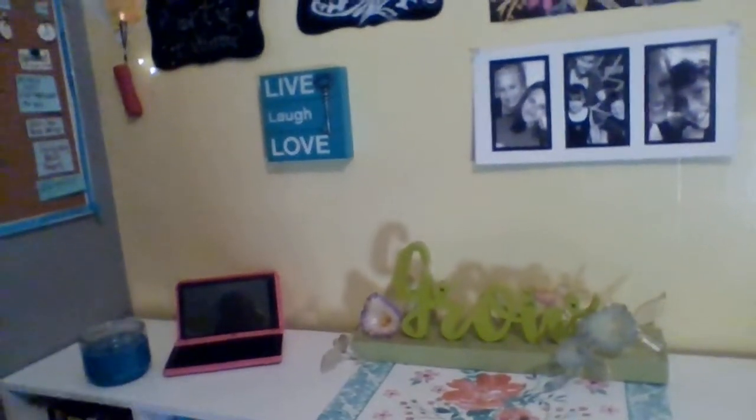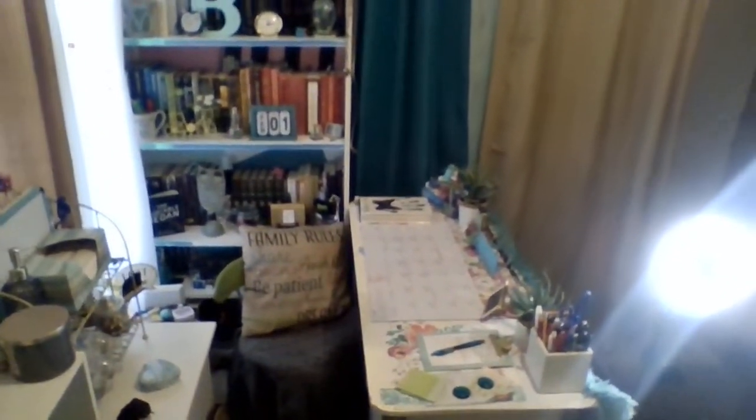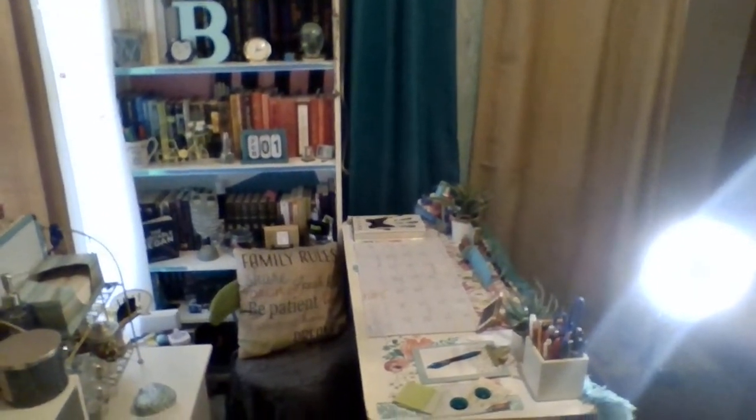So anyway, I have a lot of washi tapes, a lot of craft supplies in all of these little cubbies. And then over here, like I said, this is my actual space that I have. As you can see, it's very cluttered, it's very cramped, it's very small. So what I have over here, guys,